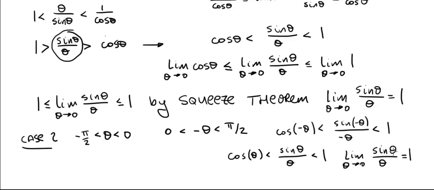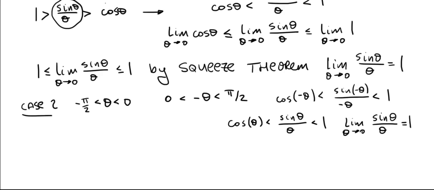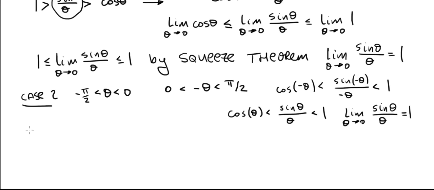And we've proven that the limit exists because the right-handed limit and the left-handed limit both lead to the same place. That is, the limit as theta goes to 0 of sine theta over theta equals 1. So this is a very, very important limit. This is the proof of it. In some of your courses, if you're taking this, some instructors may emphasize this proof, some may not, but it's always better to